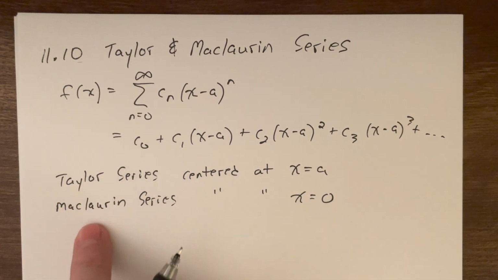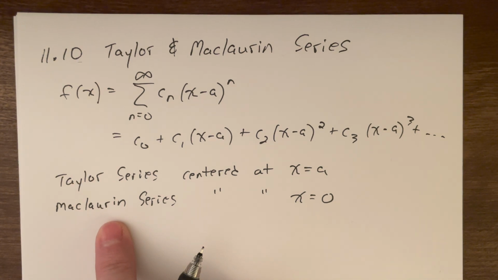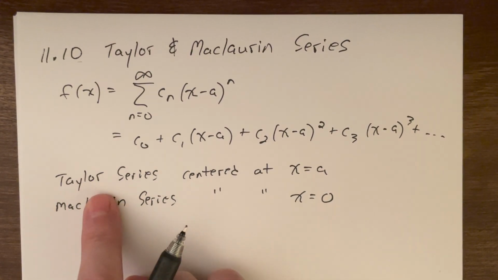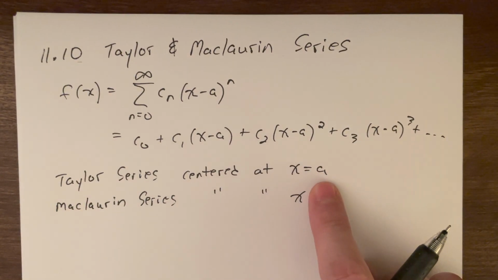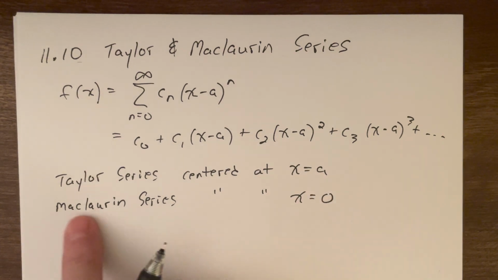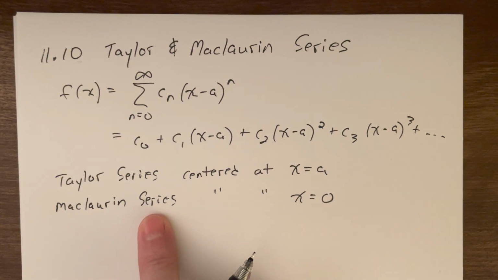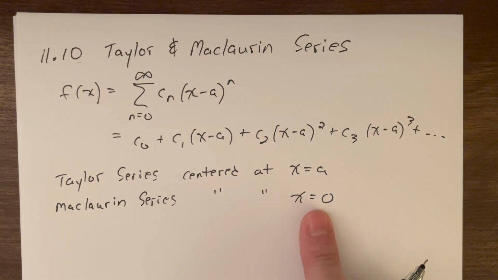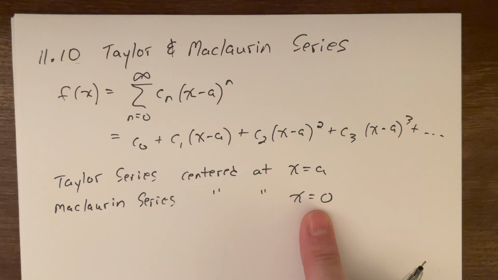Now, these are just two mathematicians. This was named after them. So there's nothing else special about that. So again, they're both series. And if we ask about a Taylor series, you will be given that center value. And if you're asked about a Maclaurin series, well, it's automatic that the center is 0 for that series. So, a little bit of information, but now what we get,